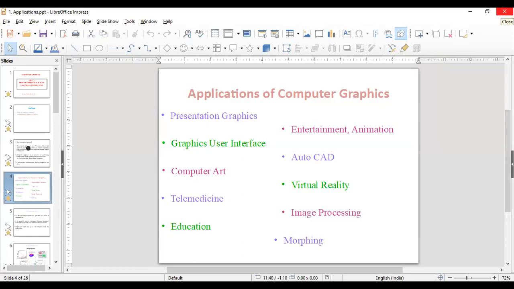Pixel is called the picture element, that is pix and el, or it is also called the pel. The pixel is the smallest screen element, or the smallest addressable unit of the screen. This question is often asked: what is a pixel? It is the smallest addressable element of the computer screen. Now we will see various terms related to display devices.